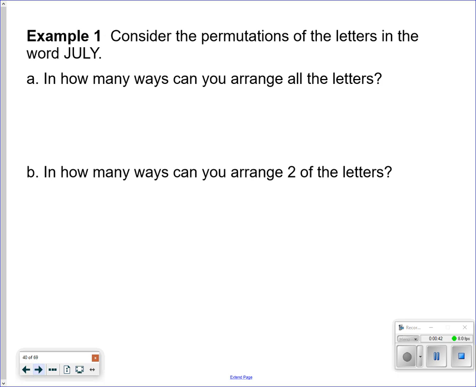In this case, I have the word July, and I want to know how many different ways can you arrange the letters of July in which the order matters. So July, spelled just the way it's supposed to be spelled, but then let's start scrambling up the letters. So if the J is first,